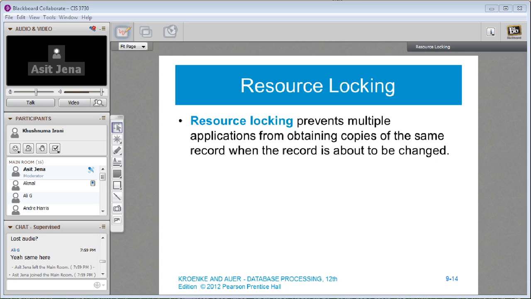So employee A comes in, gets the record, and then wants to change the location of the employee's office. And before he or she saves it, another employee comes in, brings up the record, and updates the title. So what happens is the second employee's changes override the change of the first employee. So in this case, what